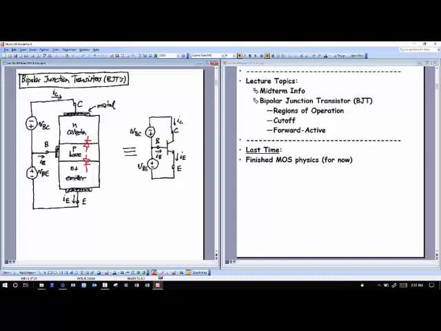And so usually the junction between the base and the collector is called the collector base junction, which we'll abbreviate CBJ. And the other junction is the emitter base junction, which we're abbreviating EBJ. Okay?